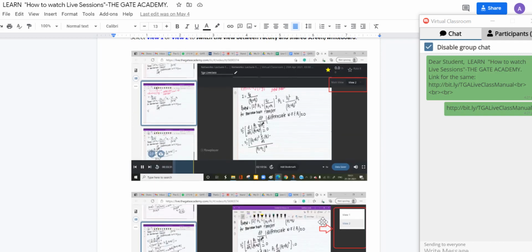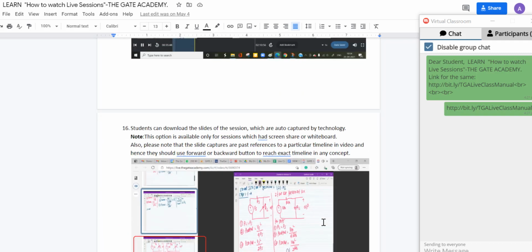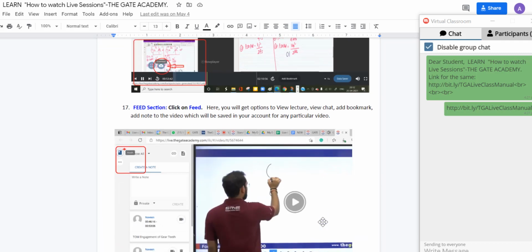All these details are available in the same document for the students.